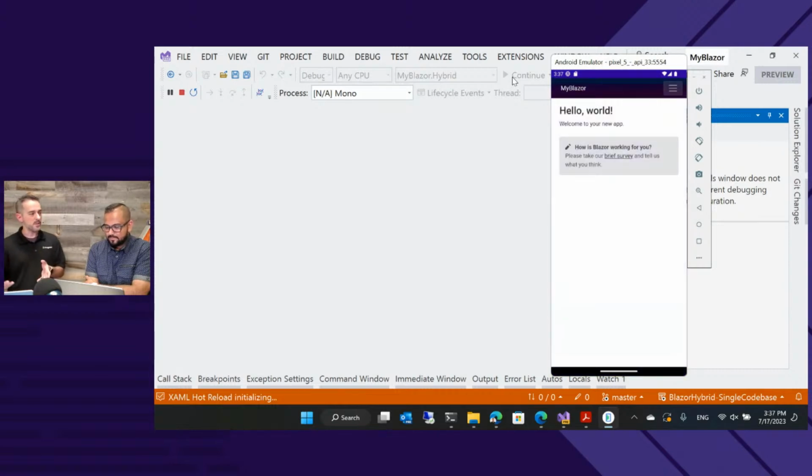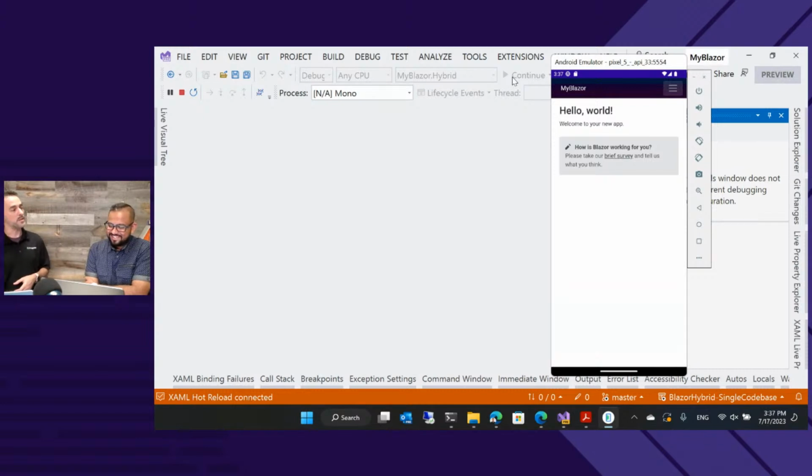The first run of these can sometimes be a bit tricky. If you hit start on your Blazor Hybrid app into an Android emulator and for some reason it doesn't start, try it again. This hasn't been as much of an issue since the tools have been updated. Earlier on, this used to be kind of a known thing. I don't run into that anymore, but it does take quite a while for your Android emulator to spin up and the first APK to be built and deployed to the device. Additional runs will be quick like that. The first time, don't panic if it seems like it's taking a long time. They can take a long time.